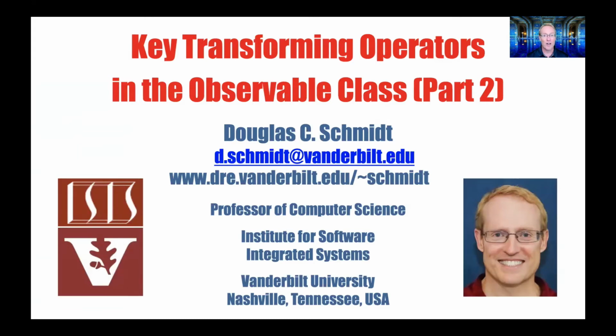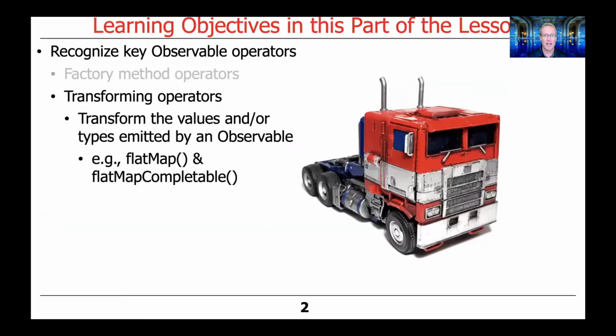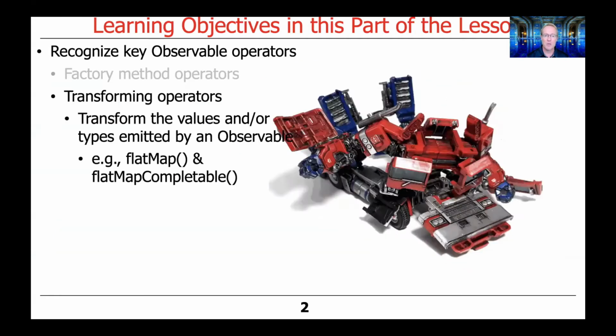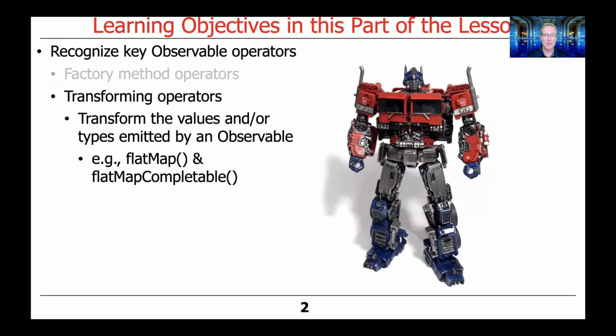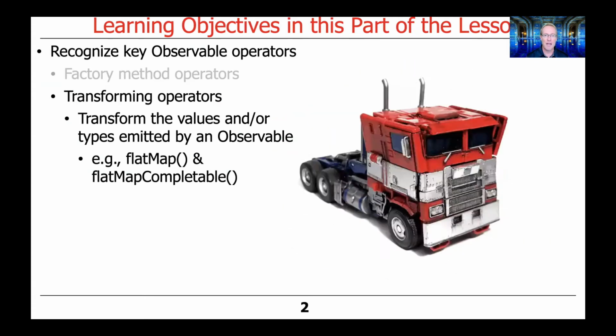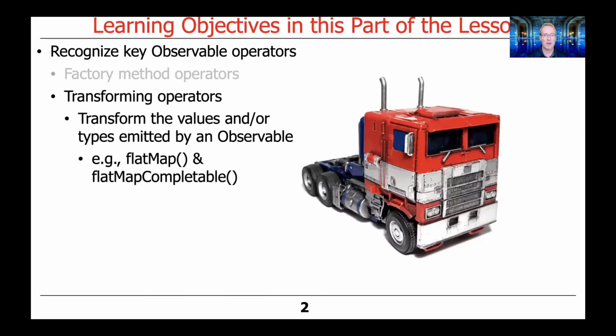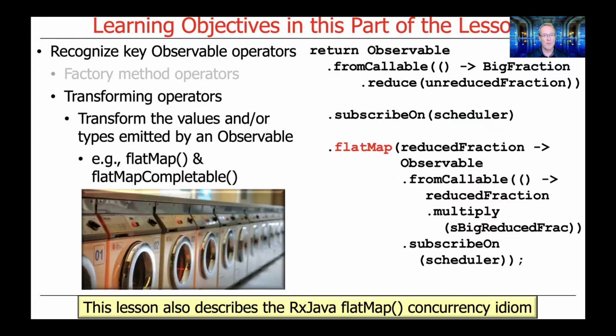Welcome to part 2 of our discussion of key transforming operators in RxJava's Observable class. These operators can be used to transform the values and/or the types that are emitted by an observable. And we'll talk here about the flatMap and flatMapCompletable operators. We'll also describe the RxJava concurrency idiom and show how that can be used to increase parallel processing in an